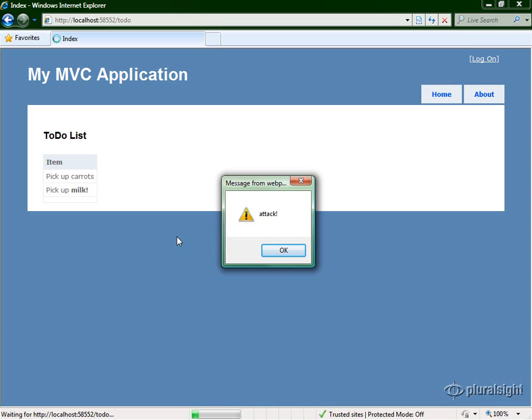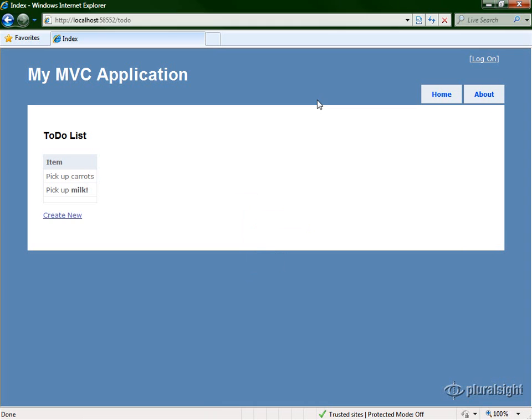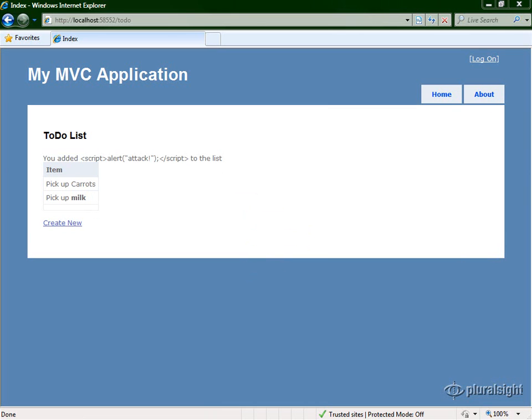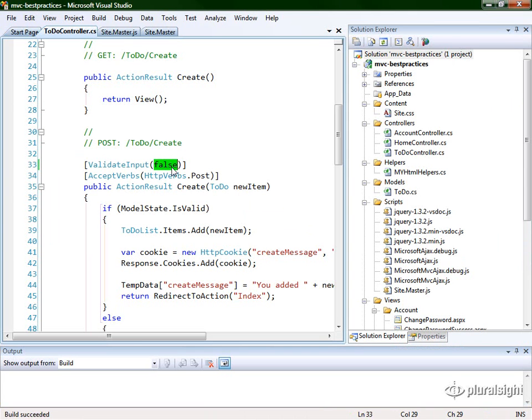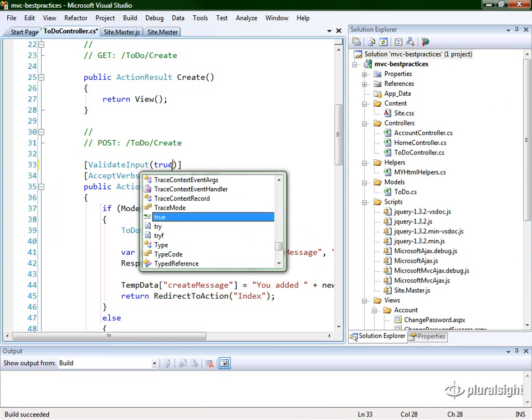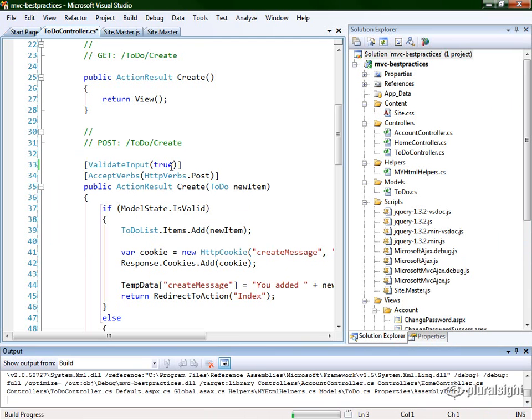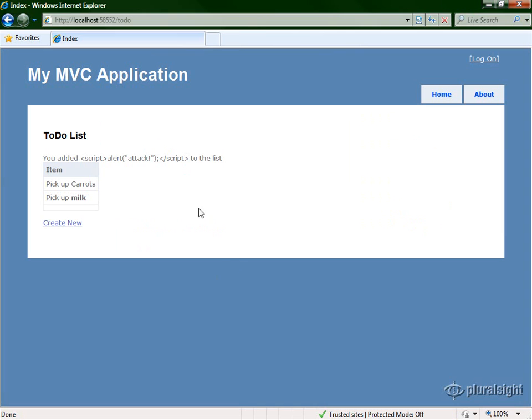It could, for instance, take that user's cookies and post them to some third-party website. That might allow a malicious user to hijack someone's session and get access to this application. There's a number of evil things that you can do with cross-site scripting attacks. This attack could have been prevented if we had input validation turned on. So if I set validate input back to true, which is the default, and I build the project,